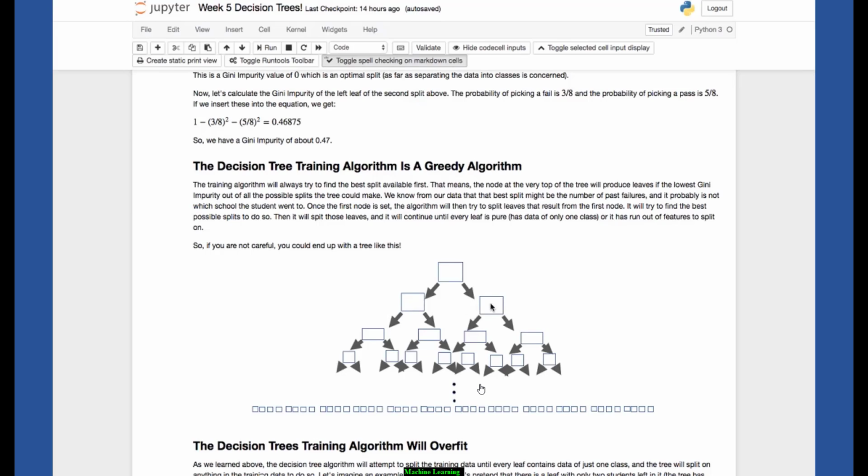Even though these are both on the second level of the tree, they don't have to be the same question. So it will optimize the question at each level,